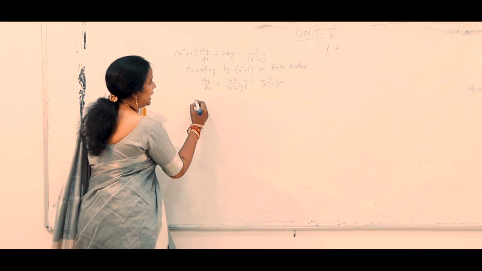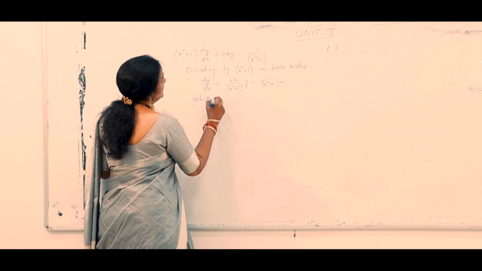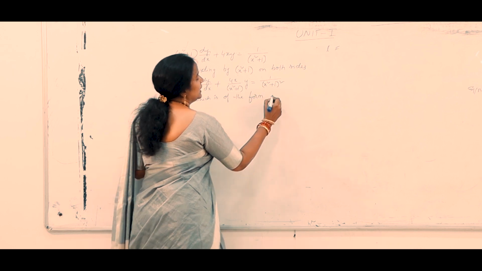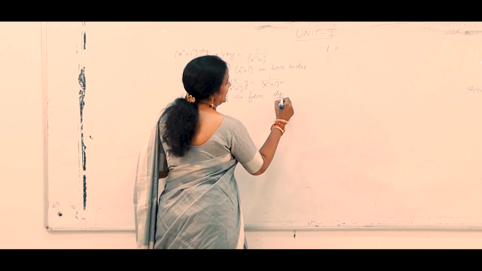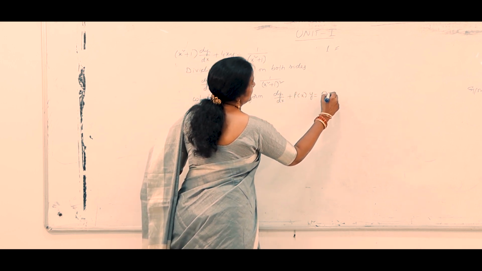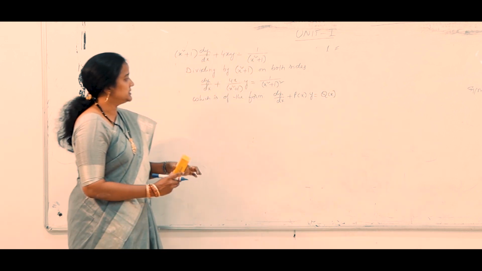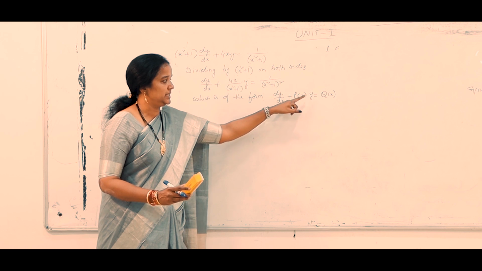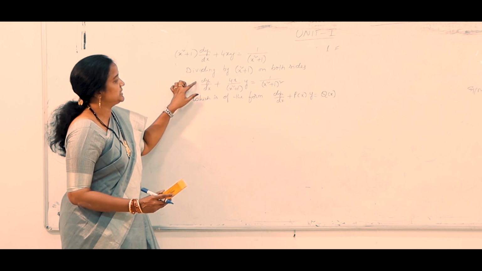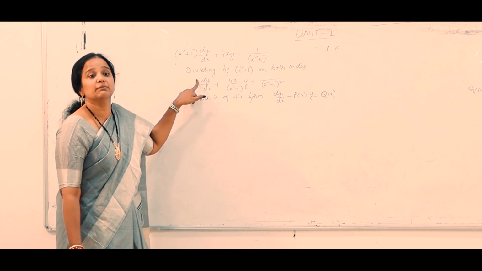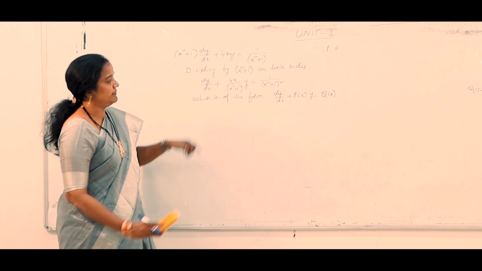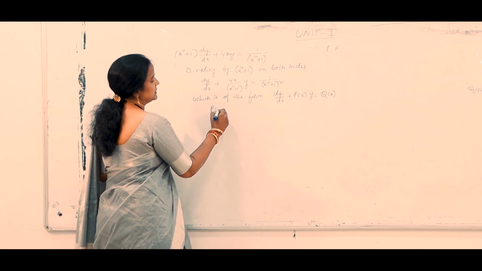Now, this is of the form dy by dx plus p of x into y is equal to q of x. From this equation, what is p of x? Step 1: we write the p and q values. What is the p of x value? P of x is equal to